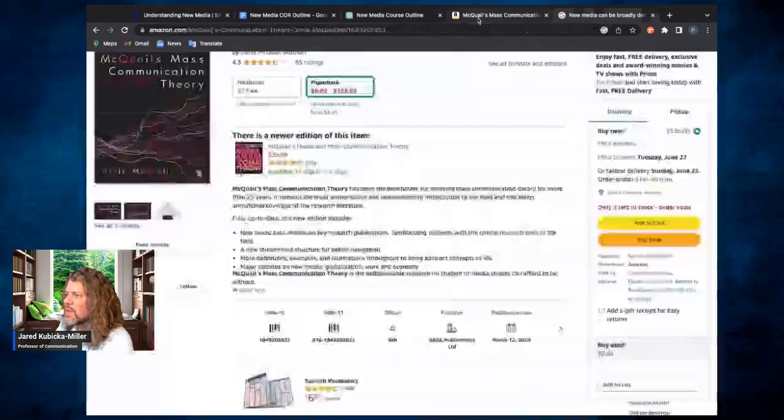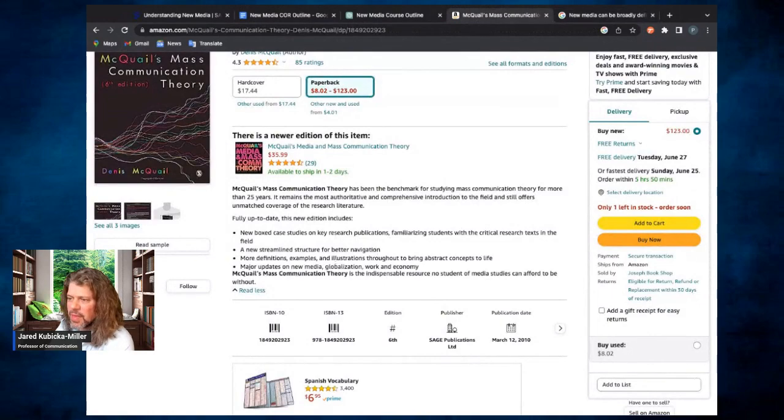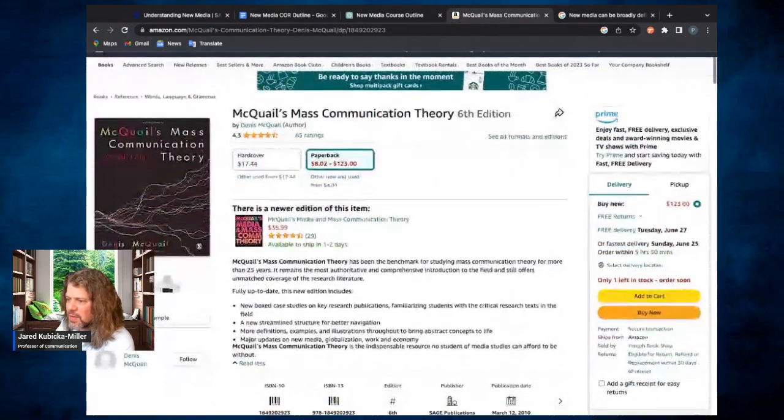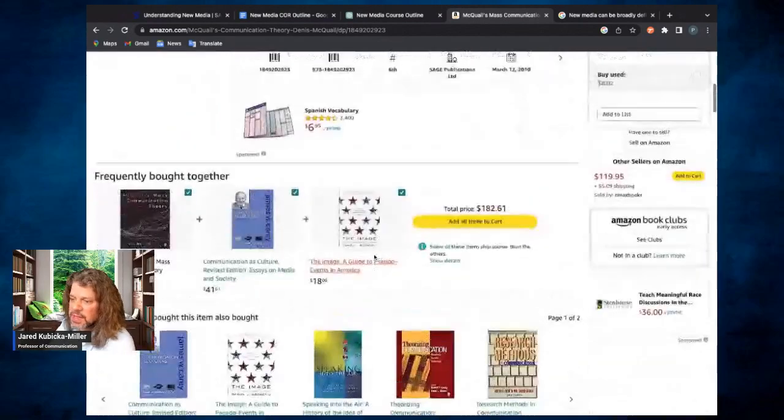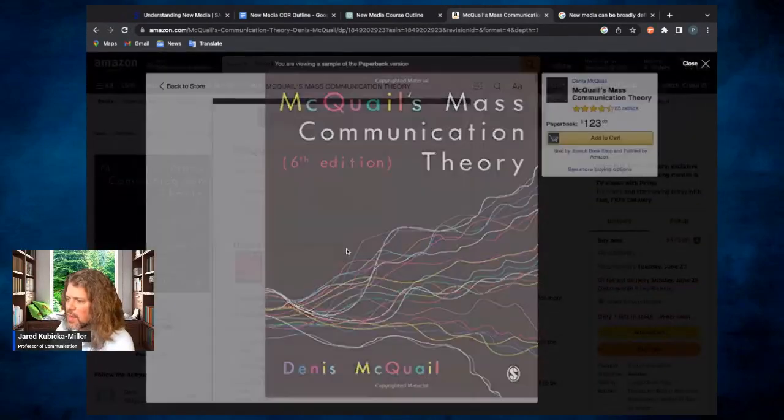So in order to, man, I don't mind spending $35 for a book, but $123. See, this is how textbooks are these days, right? That $123 is like the lowest you can get, and then you hopefully can get the most recent edition and things like that. It's been tough. Okay, let's take a look at a sample here.